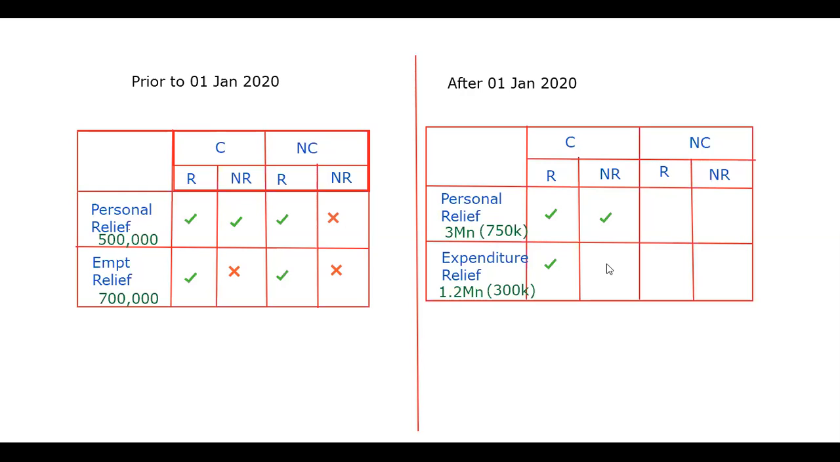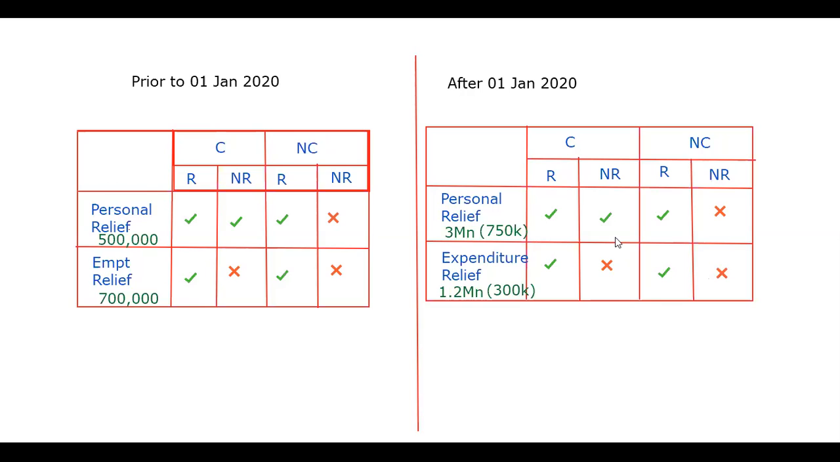They will not get employment relief because they are non-resident. And here the non-citizen residents will get personal relief and expenditure relief as well because they are residents. Then here, non-citizen non-resident, they will not get personal relief as well as expenditure relief